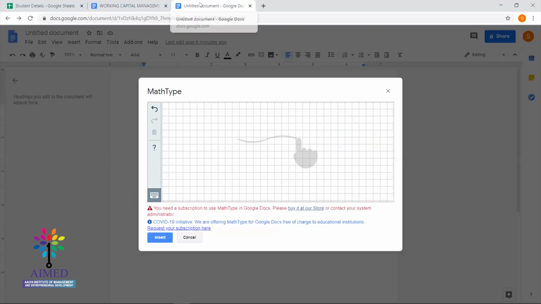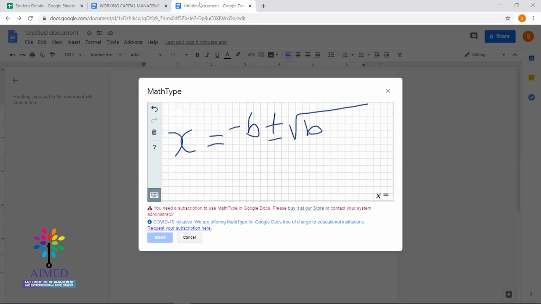You can write it again. x equal to minus b plus or minus square root of b square minus 4ac divided by 2a. So now it came out well. So I'm just inserting it.